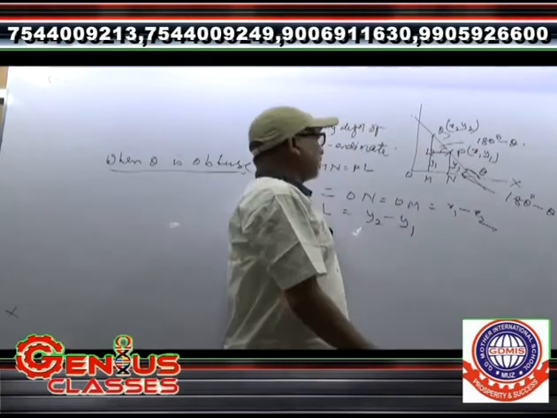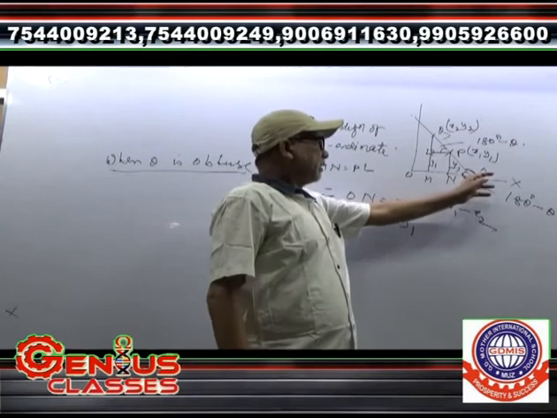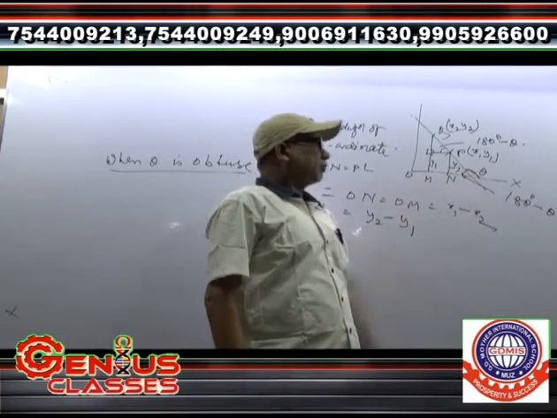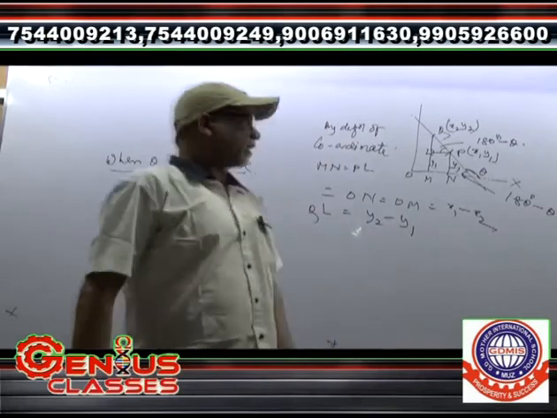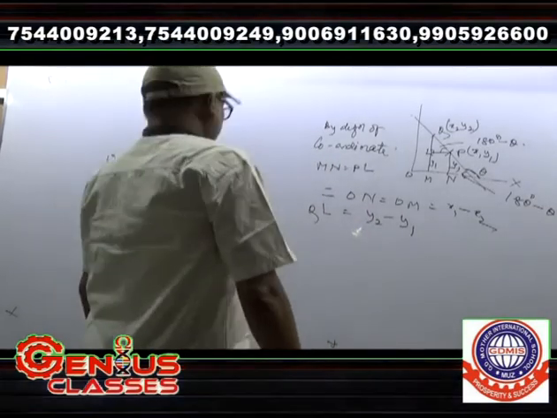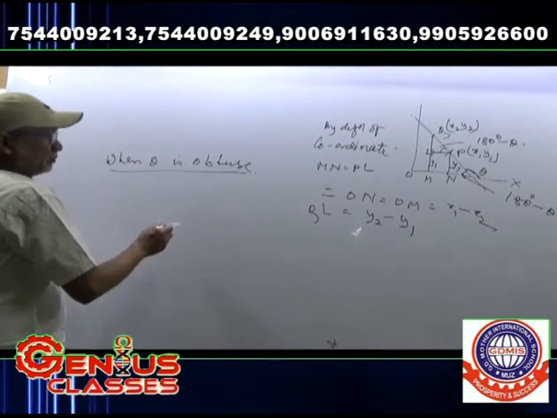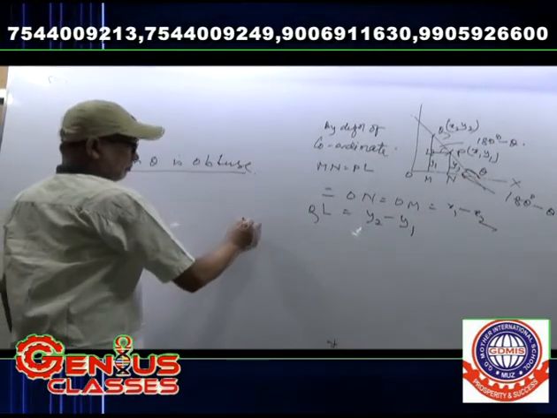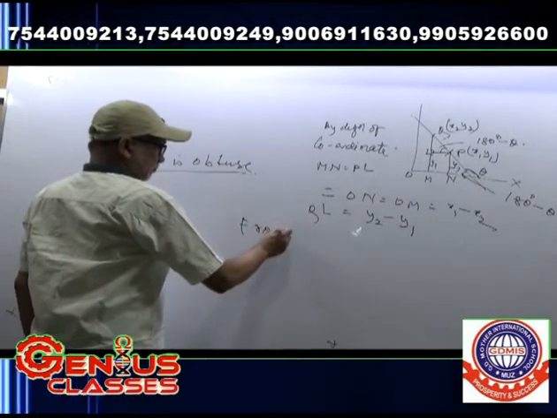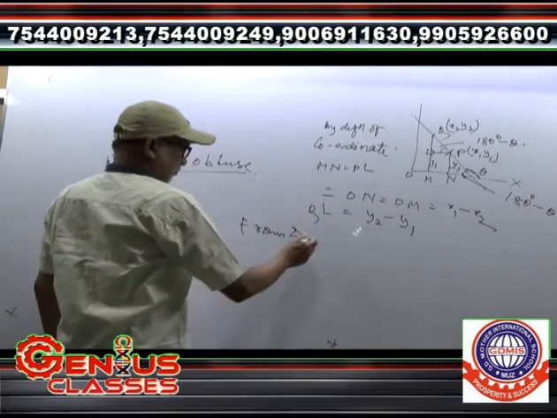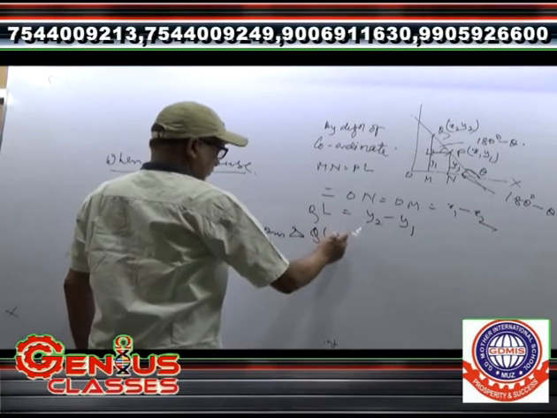We want to find out the value of theta, मतलब tan theta. अब ऑब्ट्यूज के केस में हमको स्लोप फाइंड आउट करना है. तो फ्रॉम ट्रायंगल QPL, QLP,